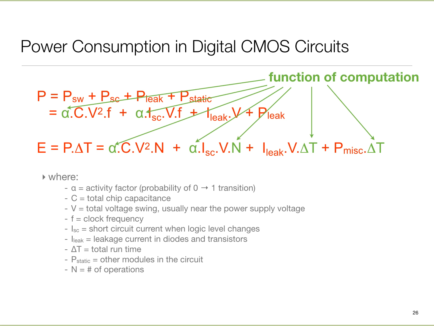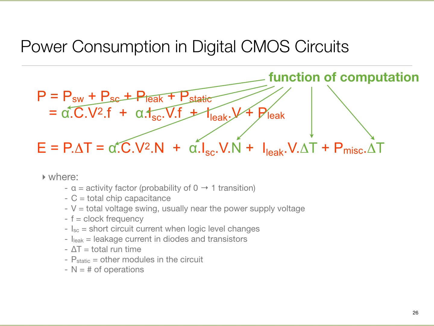Long story short, what this says is that a lot of the parameters in these equations are a function of the computation I'm doing: how many instructions my program has, how much time it takes, and this term alpha, which I kind of ignored. You can think of it as the probability that on a clock tick something happens. If I have a logic gate, it's not the case that at every clock tick the bits change. So alpha is not going to be 1 every time. In a well-designed system, hopefully alpha is lower.